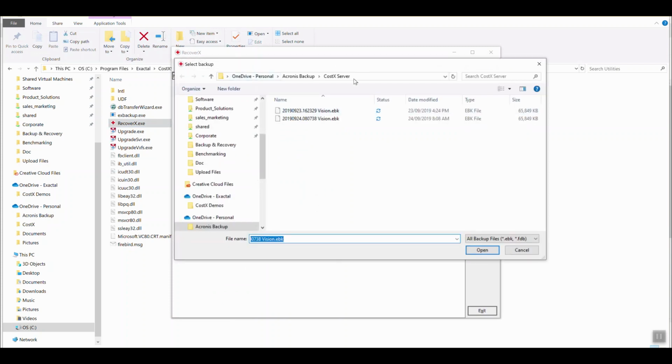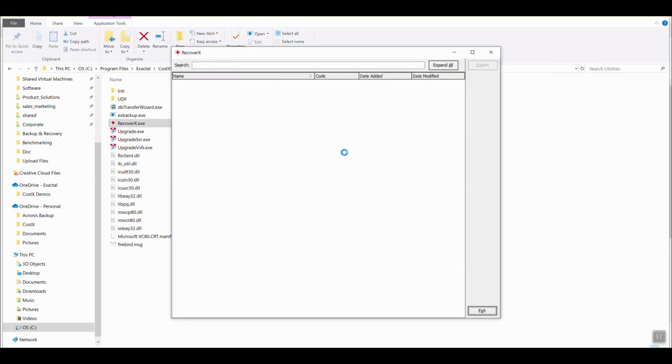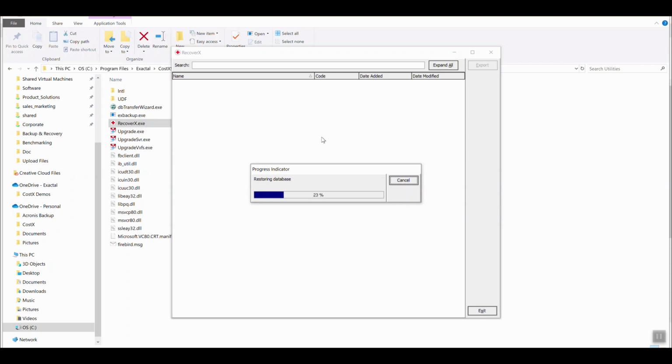Go find the database we want to open up, and so see it's gone back to my OneDrive where I've been backing up my CostX server. I'm going to select the one I want. It's yesterday's, here's this morning's. Open it, and it will start mounting this entire database into this display here, which will give us access to all the different database tables within